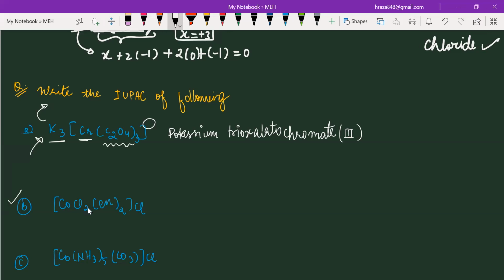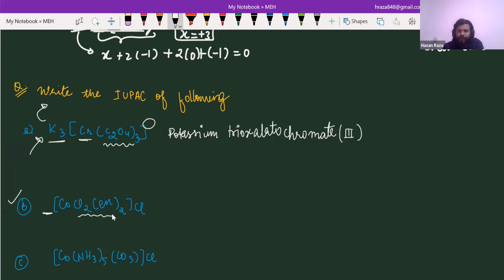Sir, can you explain? Okay, so there is no positive counter ion, so directly we will jump to the ligands. As you know, this is ethane-1,2-diamine and this is chlorido. Since chloride is an anionic ligand, it's named with O, and in alphabetical order it comes first. So I'm going to write